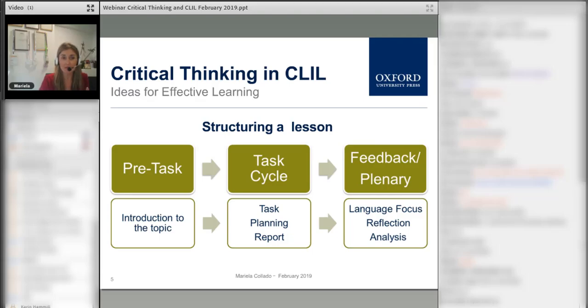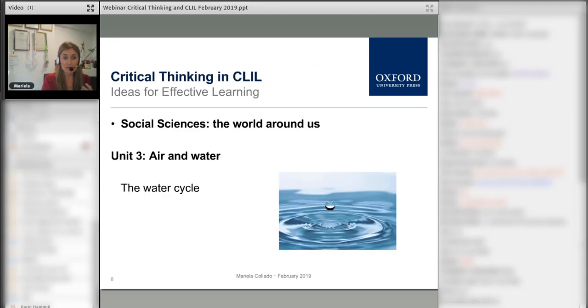How to structure a lesson, mainly we have to think about three main stages. All right, three main stages. If we are focusing on a task, we have a pre-task, and then the task cycle itself, and kind of a plenary at the very end, where we bring the whole class together and they make a presentation, or we focus on the language. Or just if they're going to do any reading, to do a pre-reading activity, to focus on